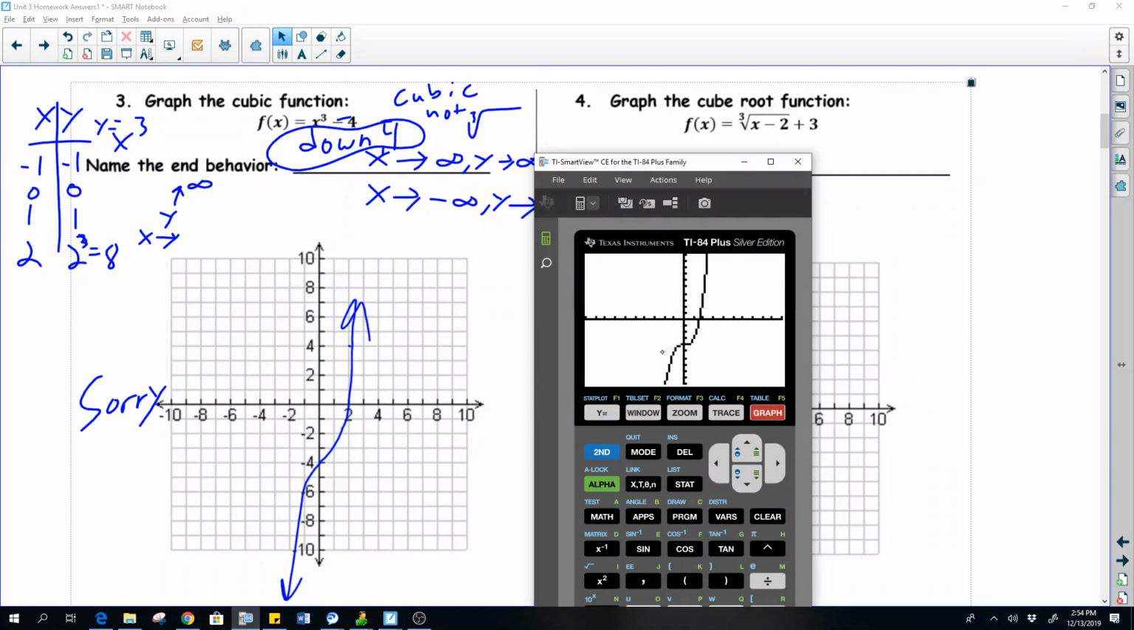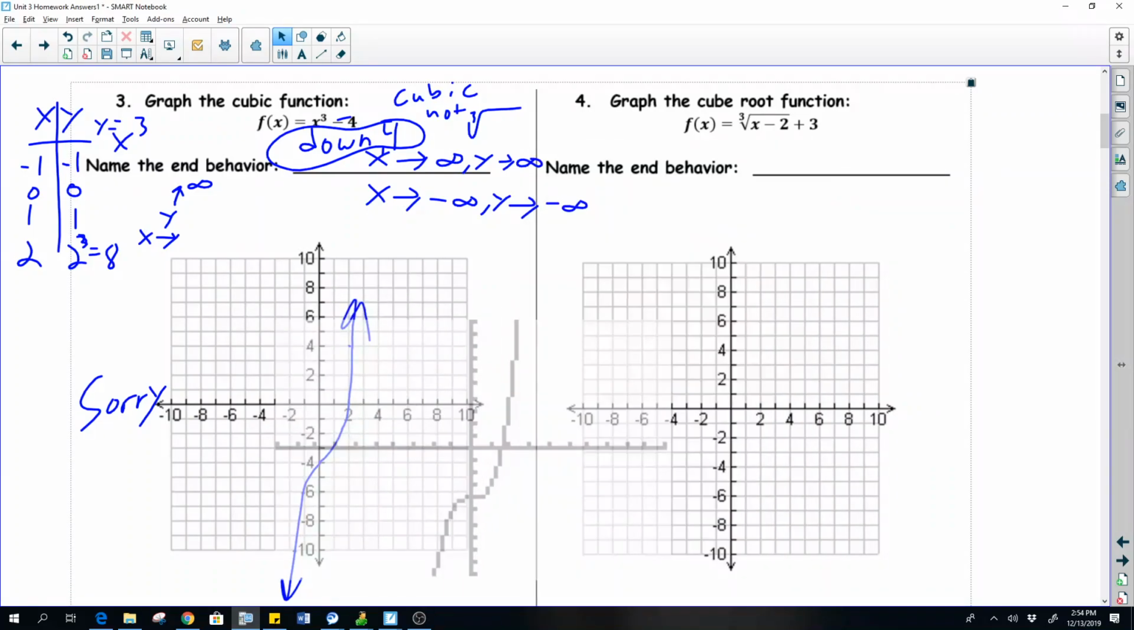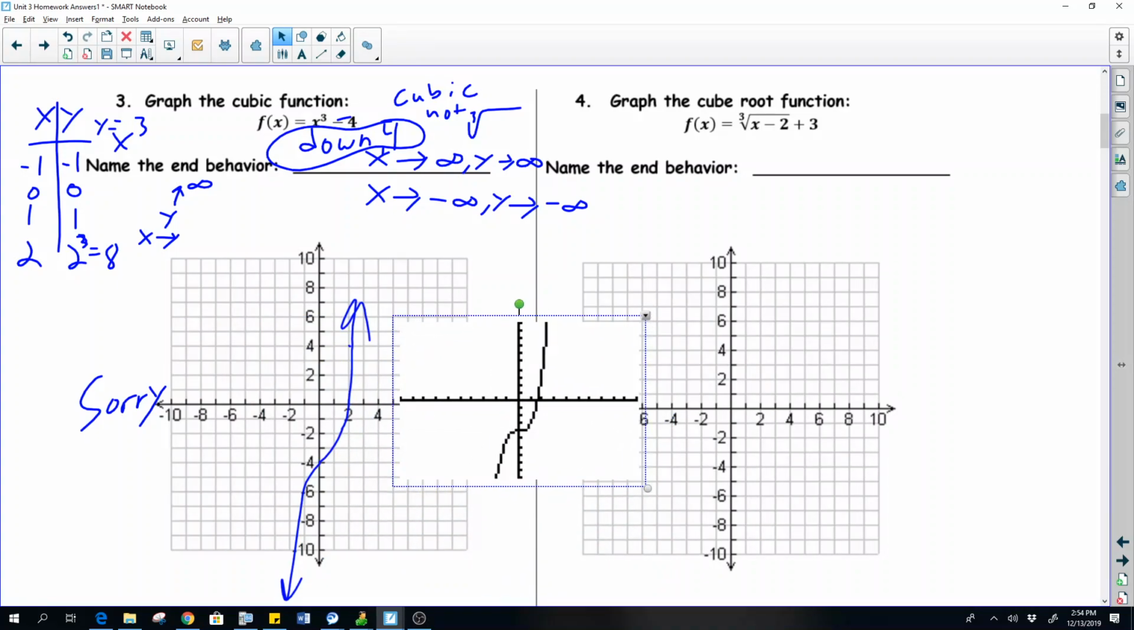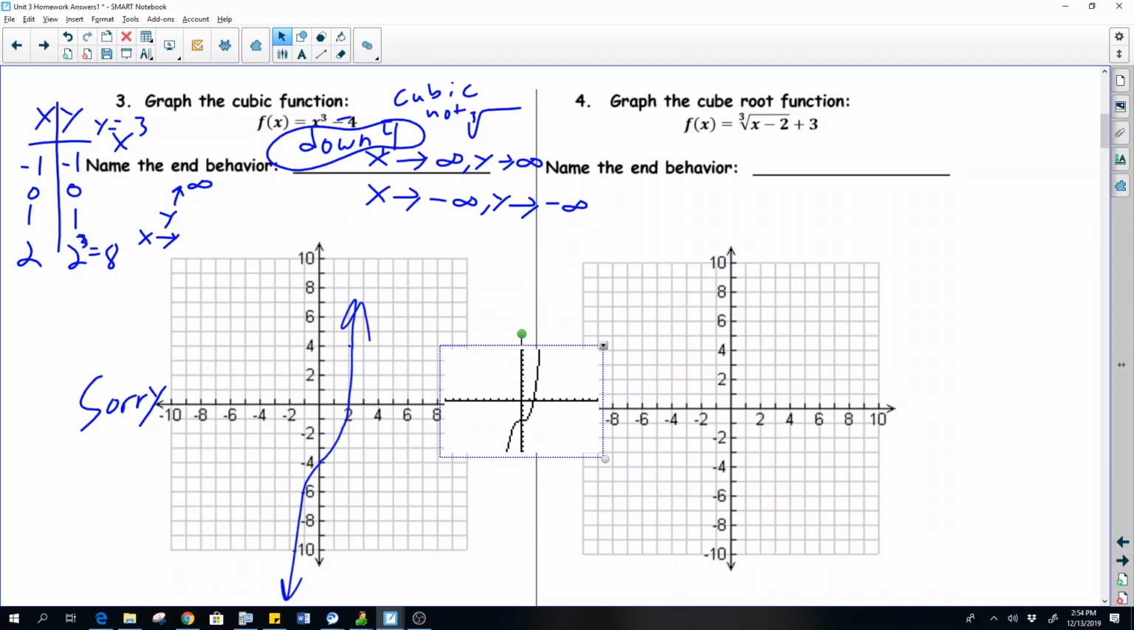So there's our graph. Excellent. There's our graph. See if it matches. It does match. So down is what's going on there. Cool. Okay, so there's x to the 4th power with